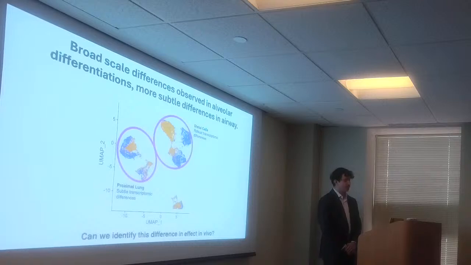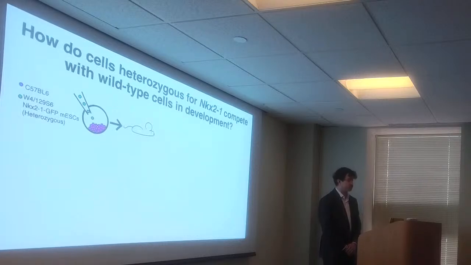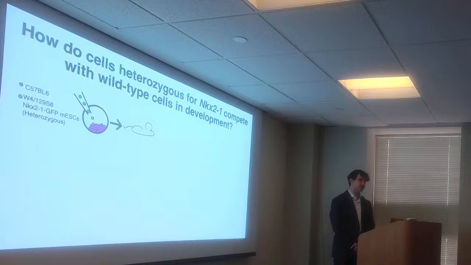So we used a mouse system. I previously said that mice that are heterozygous for NKX2-1 don't show a lung phenotype. However, we wanted to know if we could tease this apart by employing a more competition-like assay. To do this, we did blastocyst complementation. So we took NKX2-1 GFP embryonic stem cells. These are heterozygous. They have one copy of NKX2-1, and the other has been replaced with the GFP reporter,